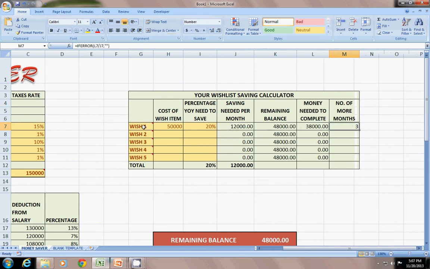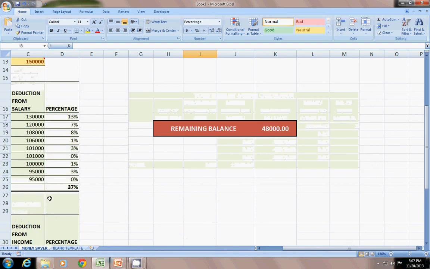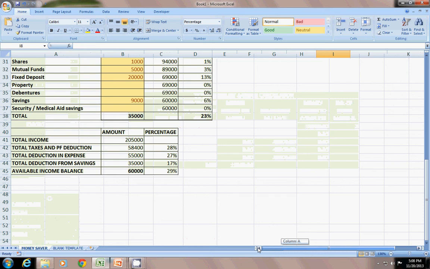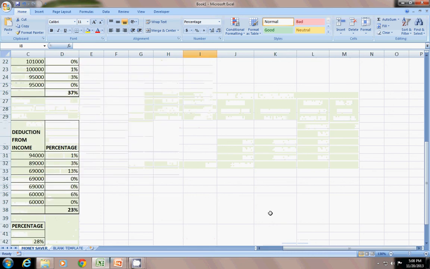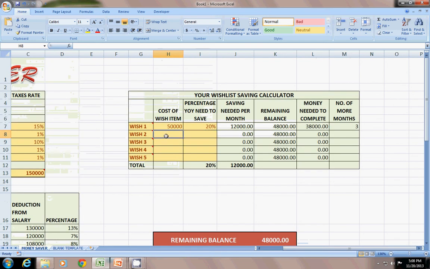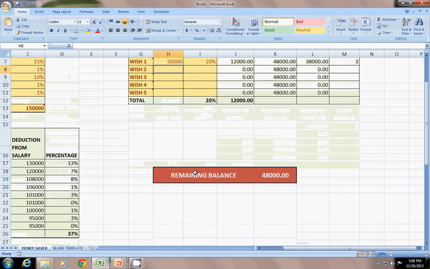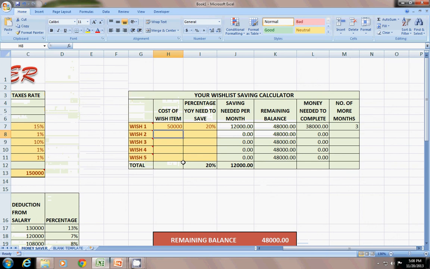Out of the 48,000 it will calculate the remaining percentage, not from the principal balance of 60,000 that you see down there. It will not calculate from that, so you cannot generate any savings. There should be something remaining in your account, and that will be shown here. For example, if I again say 50,000 and now I will save 30%, the 30% will be out of this value, not from the same value.